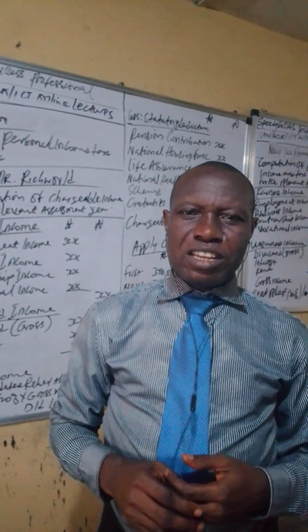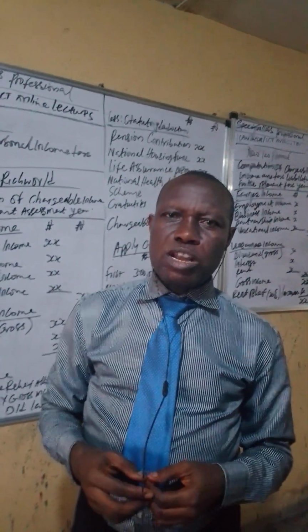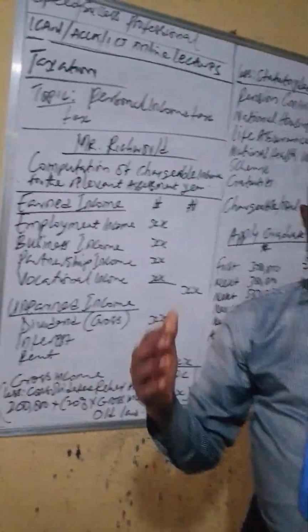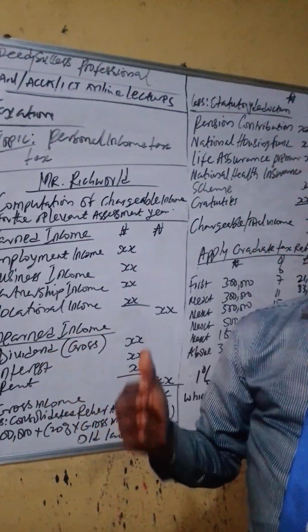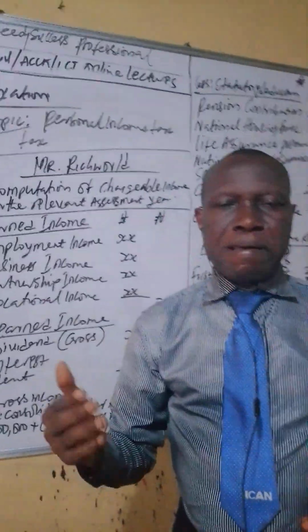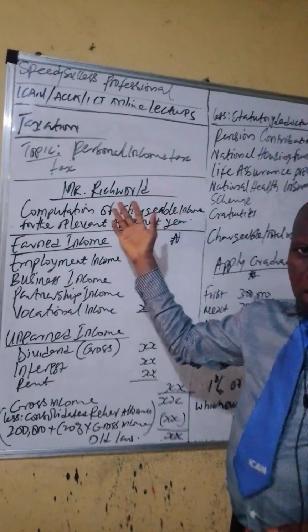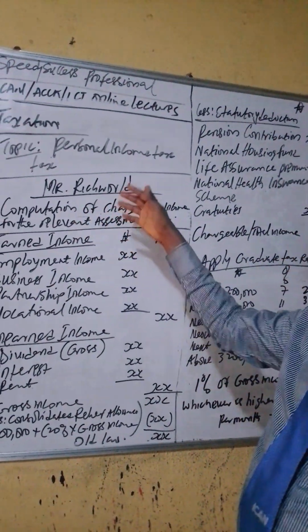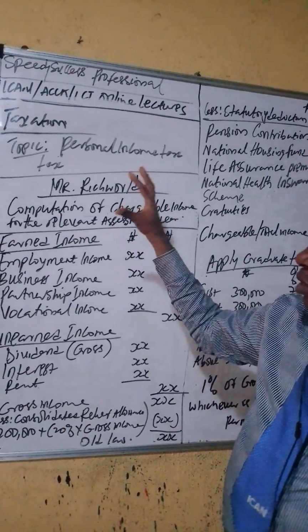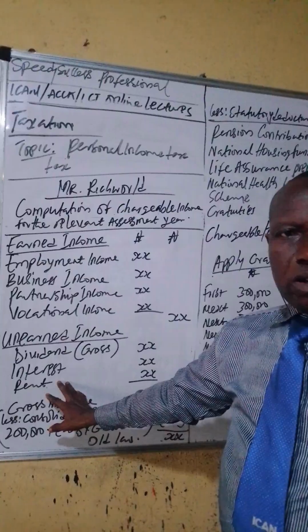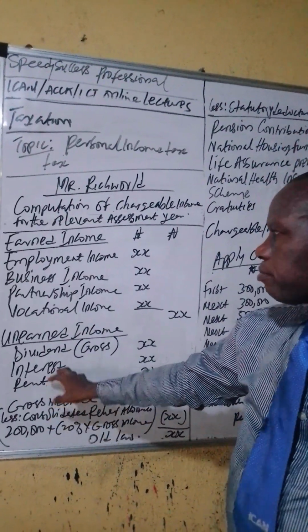Can we go ahead? Now get closer to me. Let's look at the old format. For those of us who don't know the old format of calculating, I mean the old law guiding personal income tax in Nigeria. Now, for Mr. Richworld or for Mr. Diwali, for Mr. Bochuku, this is how your personal income was calculated in the past.